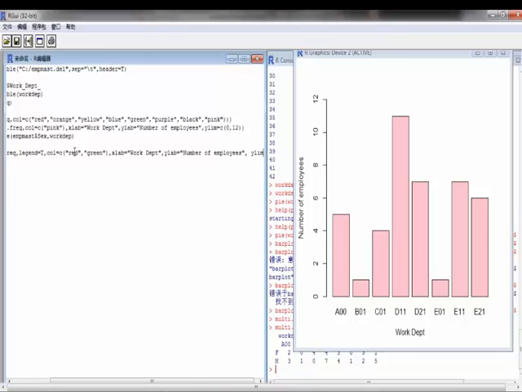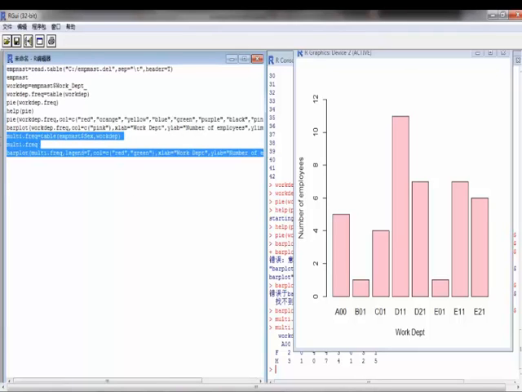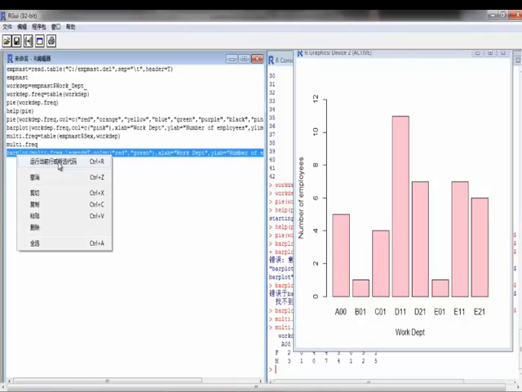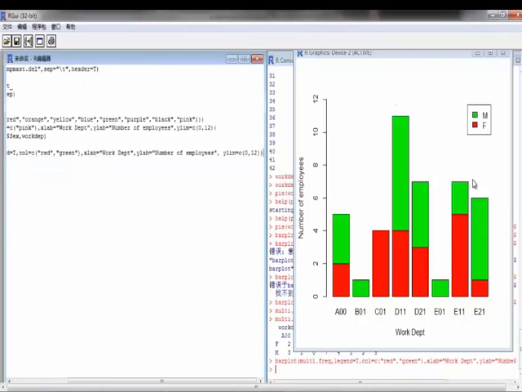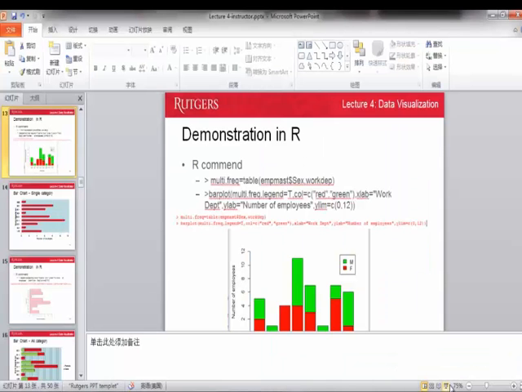The y limit also. Okay, then let's run this script. Here it shows the result. It shows the number of male employees and female employees in each work department. So after this,